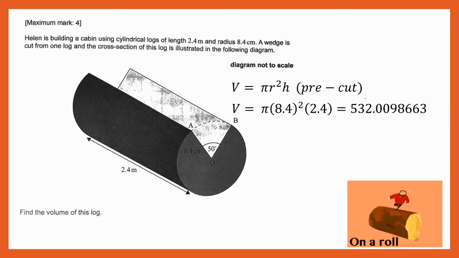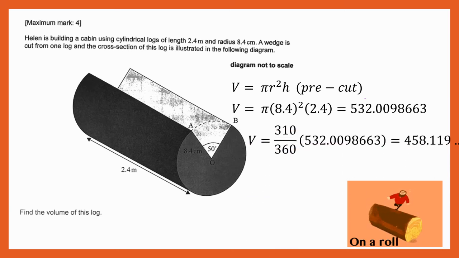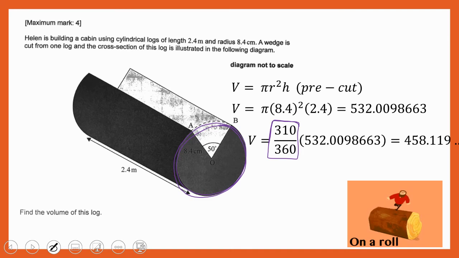the full cylinder, but we want to know just the volume of the log that's left. So the wedge is cut out, and you see this next calculation here. This next calculation, this fraction, is simply the fraction of the circle that's left. So if you just focus on the end of the log, right? So the end of the log, the fraction of the circle that's left is the 310 degrees,